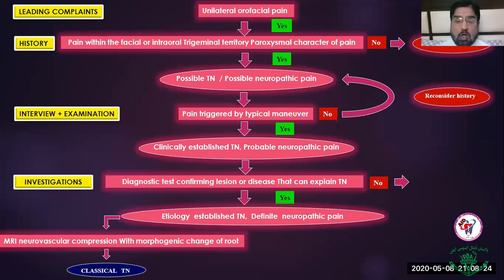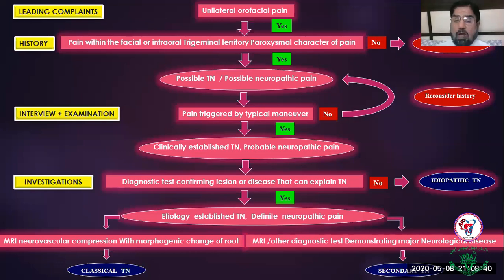Again, if your etiology is established on the basis of MRI, then you have the classical trigeminal neuralgia. But if you don't get it, then you have another type of trigeminal neuralgia, which is called secondary